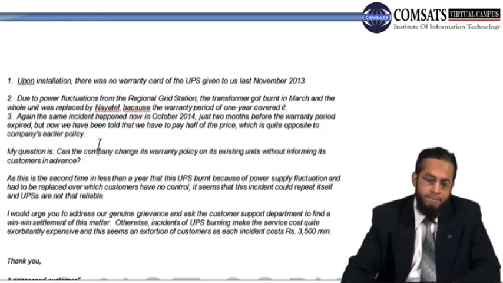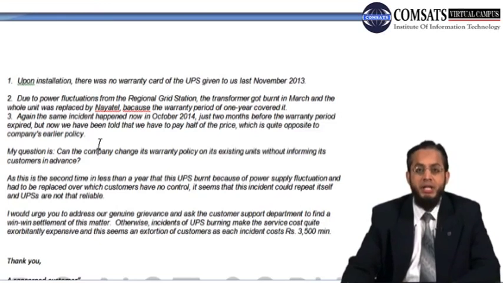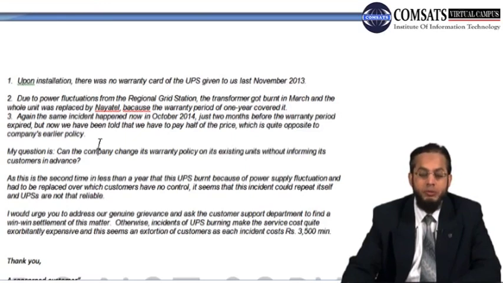My question is, can the company change its warranty policy on its existing units without informing its customers in advance? As this is the second time in less than a year that this UPS burned because of power supply fluctuation and had to be replaced, over which customers have no control. It seems that this incident could repeat itself and UPS are not that reliable. So that's the customer's genuine concern, that if this incident keeps happening over and over again, then what's the use